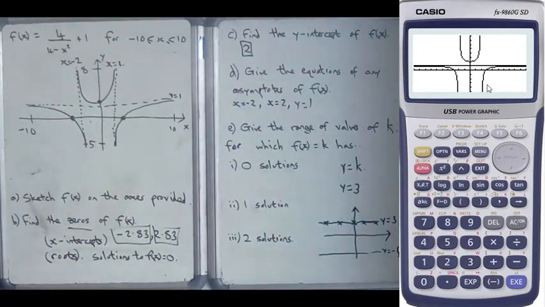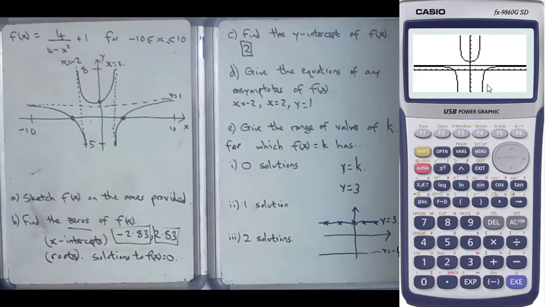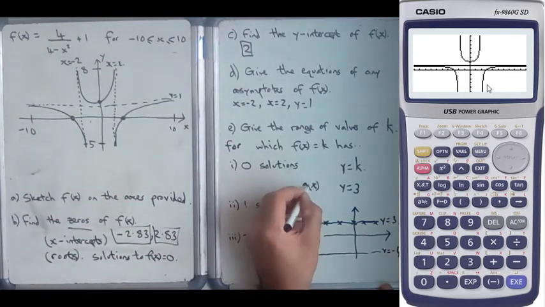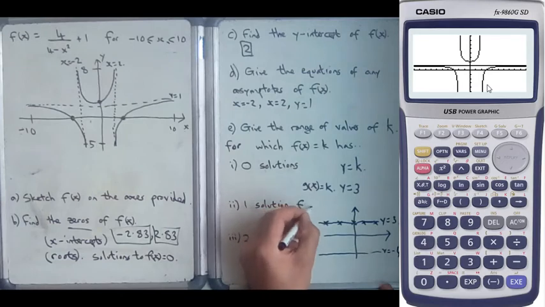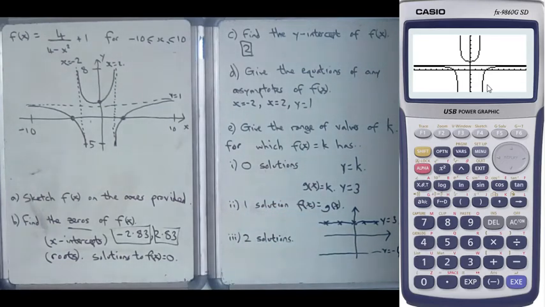So I need to consider on this thing here, what horizontal lines could you draw such that when they equal this function that's already there, they have no solutions, 1 solution, 2 solutions. Hopefully you can remember the last video we did when we were seeing intersections. We were looking at where does f of x equal g of x. So if you could think of, say, g of x equals k, and we're solving f of x equals g of x, when it says number of solutions,